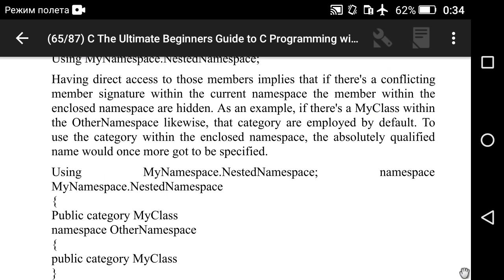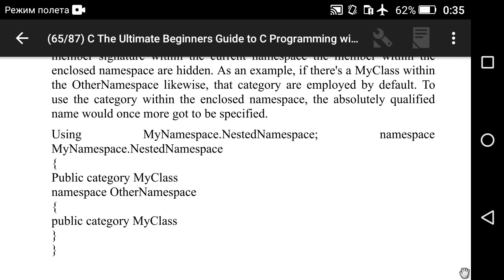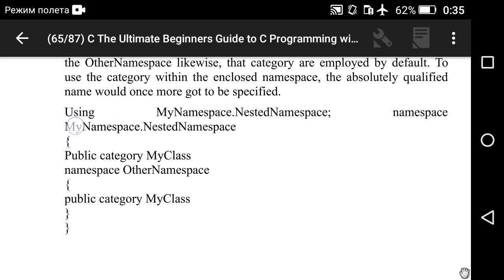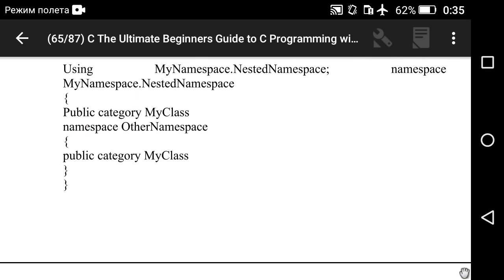As an example, if MyClass exists within OtherNamespace as well, that class is used by default instead of the class within the enclosed namespace, so the fully qualified name would once again have to be specified using MyNamespace.NestedNamespace. namespace MyNamespace.NestedNamespace, public class MyClass, namespace OtherNamespace, public class MyClass.